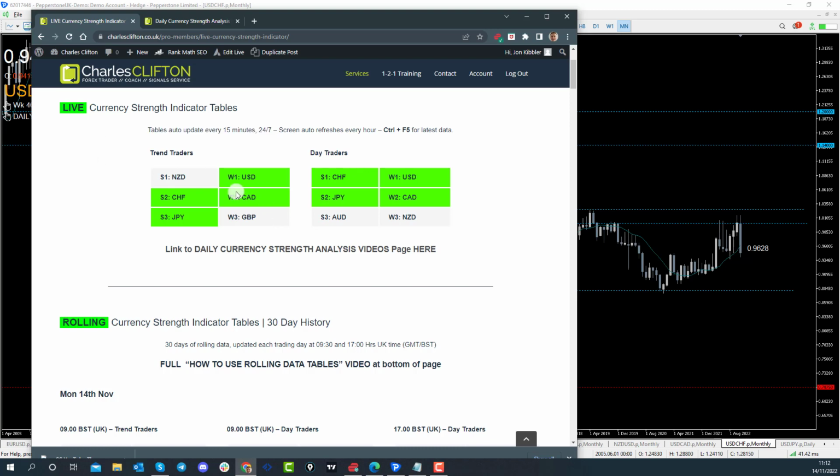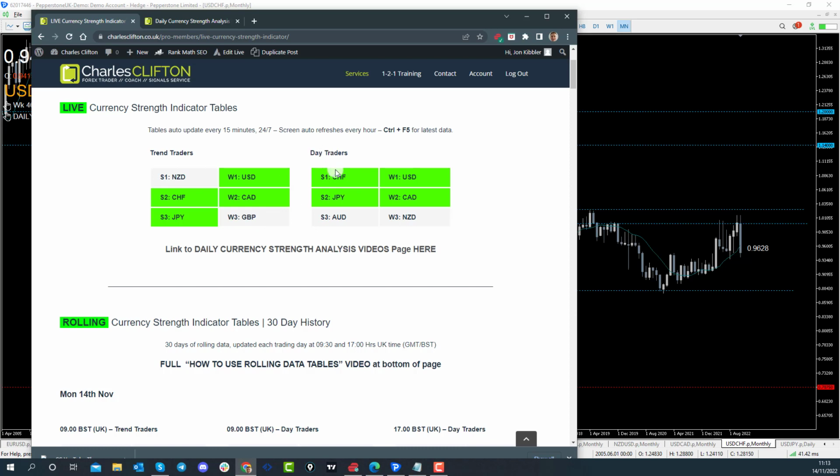So what's the table showing us today? Well, it's showing us on the trend traders that the New Zealand dollar still remains as S1, the strongest currency. That's then followed by the Swiss franc, which is the second strongest currency, followed by the third strongest currency, which is the Japanese yen. On the weak side of the trend traders table, we have the US dollar. That's then followed by the second weakest currency, which is the Canadian dollar, and the third weakest currency is the